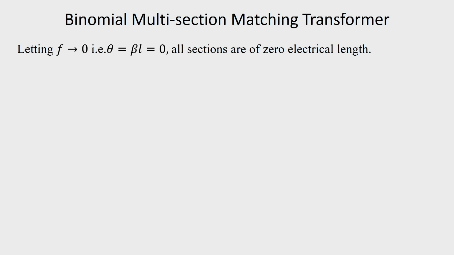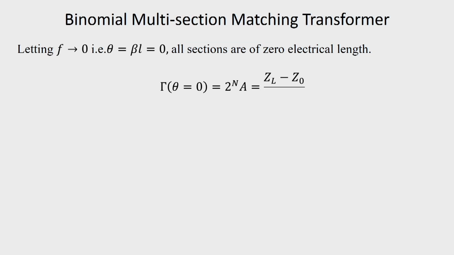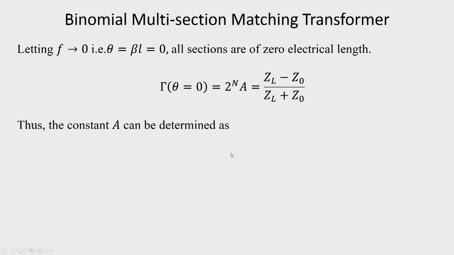That the line is directly connected to the load impedance, and therefore, from the expression of gamma theta evaluated at theta equal to 0, we can write 2 to the power N A equal to (Z_L minus Z_0) divided by (Z_L plus Z_0), and the constant A can be determined as